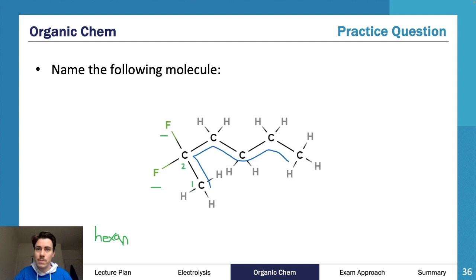Therefore, it's going to be 2. So there are 2 of them. So I need to go 2, 2 dash fluoro hexane. Now, have I done everything right? I've got a dash, I've got a comma between my 2 numbers. I haven't done di. So always really good to go back and check and go, oh, have I done this